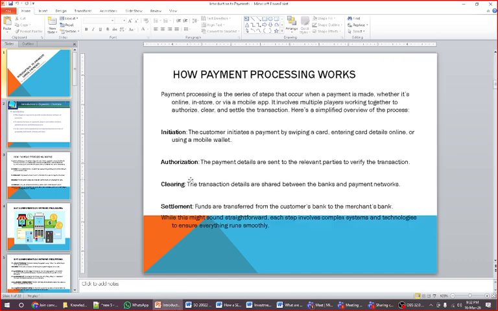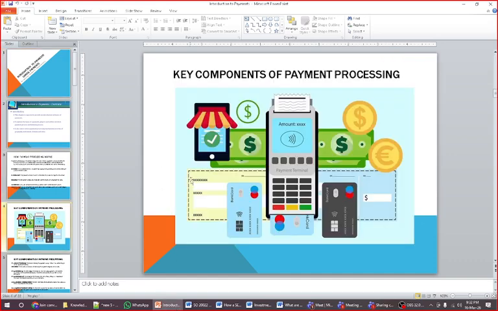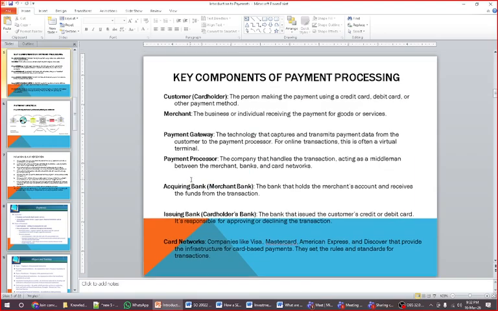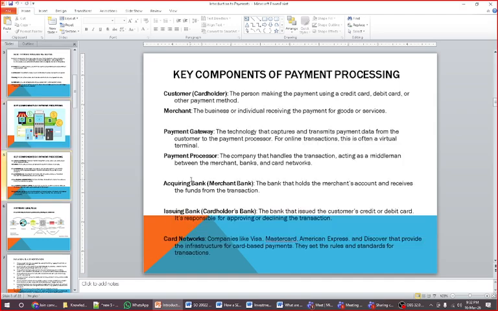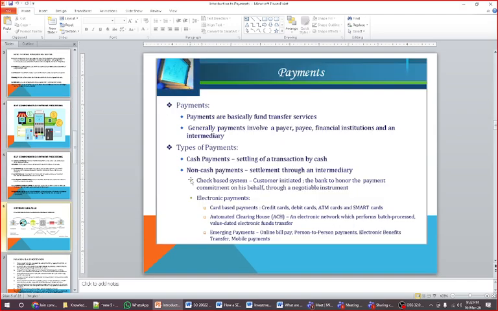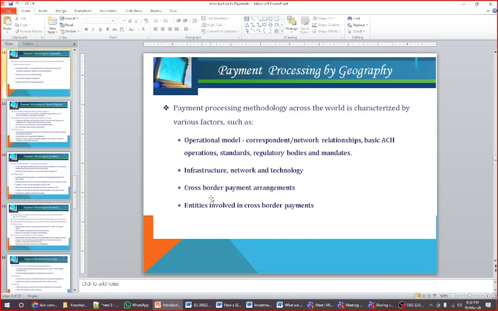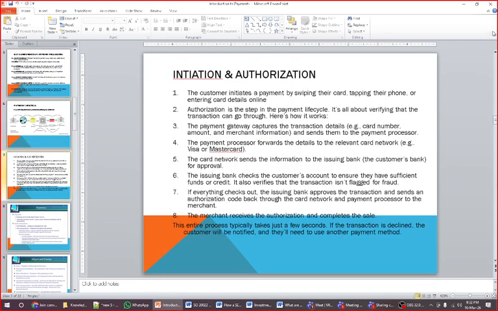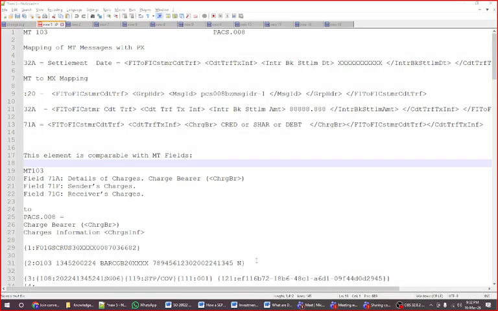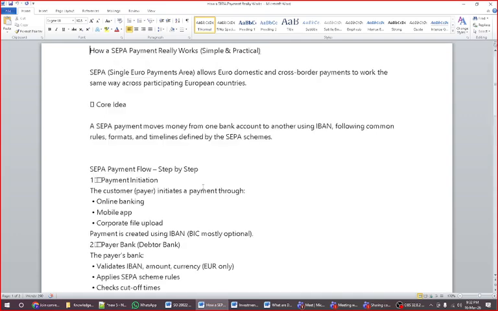As I told you, I am going to walk you through how the payment network works, especially card payment. The later flow is the same, but the initial flow I am going to discuss with you is how Visa and the beneficiary work. We will work on how Mastercard and Visa payments flow, at least the basics of this, not the hard and fast details, because I am not a card payment guy. This is how SEPA payment works. We are going to work on how SEPA payment works as well.